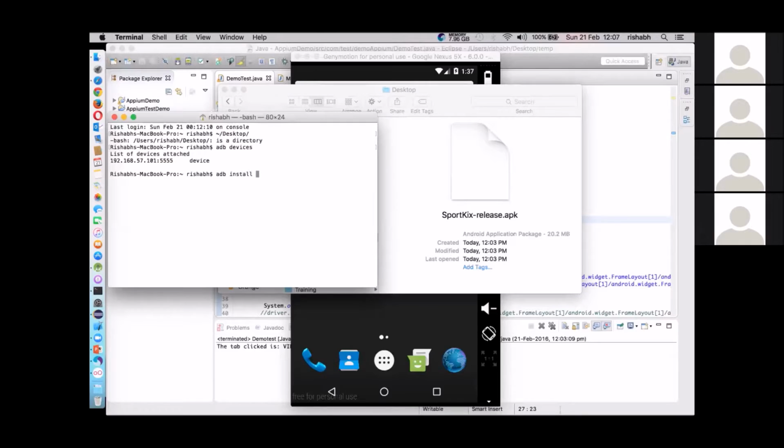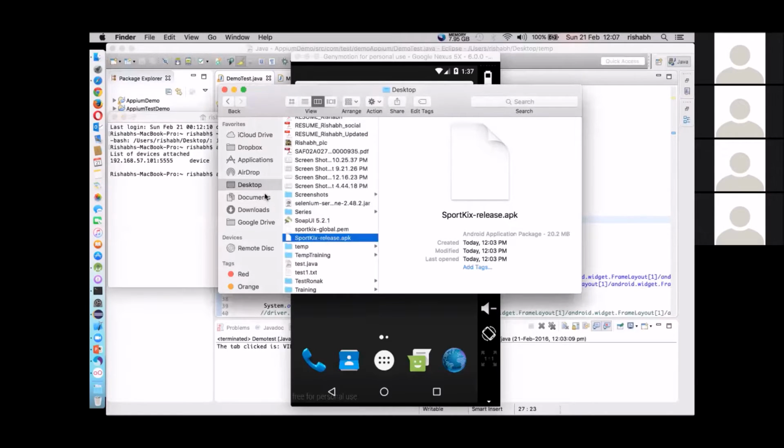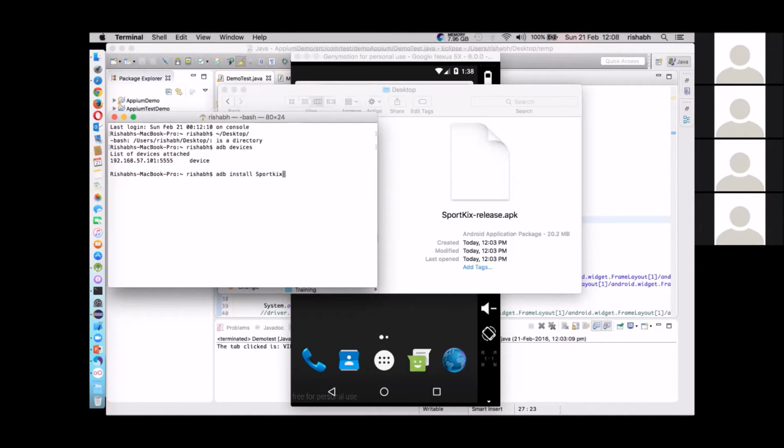If some devices are connected, you just have to use this command, adb install. Let me see what the application name is. It says on my desktop it's SportKicks release APK.